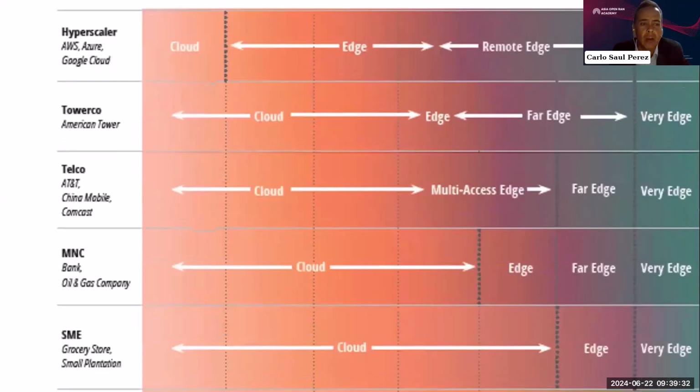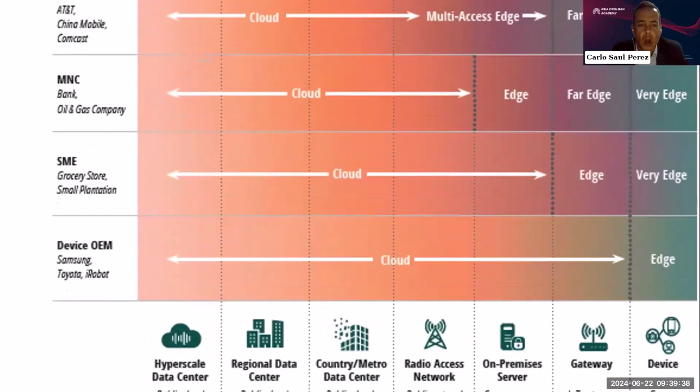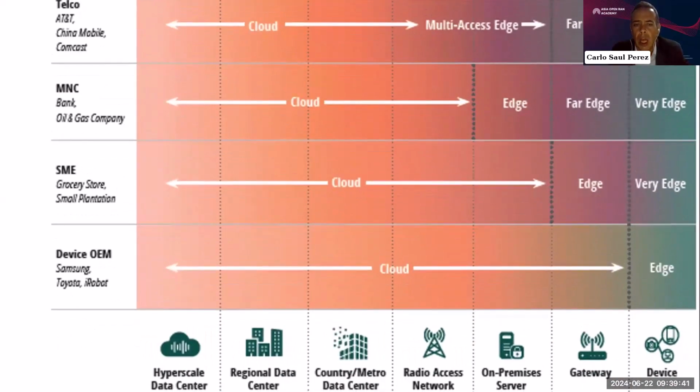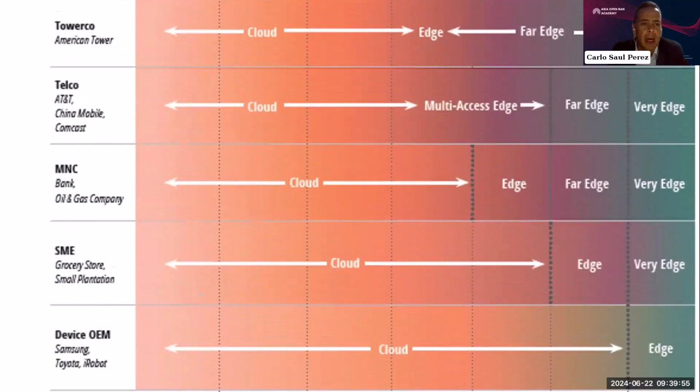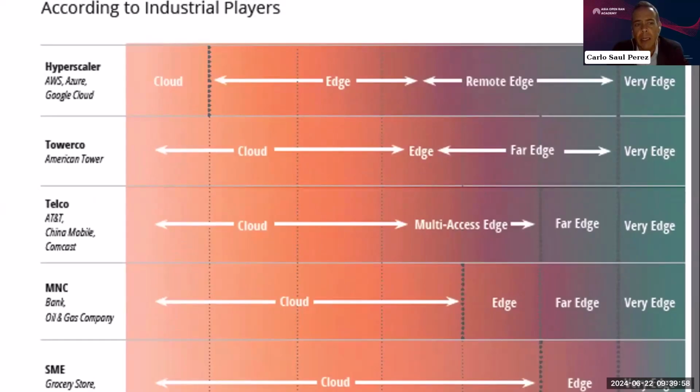For example, here in the telco, in our particular sector of telco, we have the cloud located in this part of the core. The edge is located between some part of the core, the radio access, and the on-premise servers, and the far edge on the devices that you have here on the gateway and on devices. But if you are, let's say, a hyperscaler like AWS, they consider the cloud, the edge, and the very edge in different areas. So this is just to give a feeling about how the edge is interpreted in different scenarios.